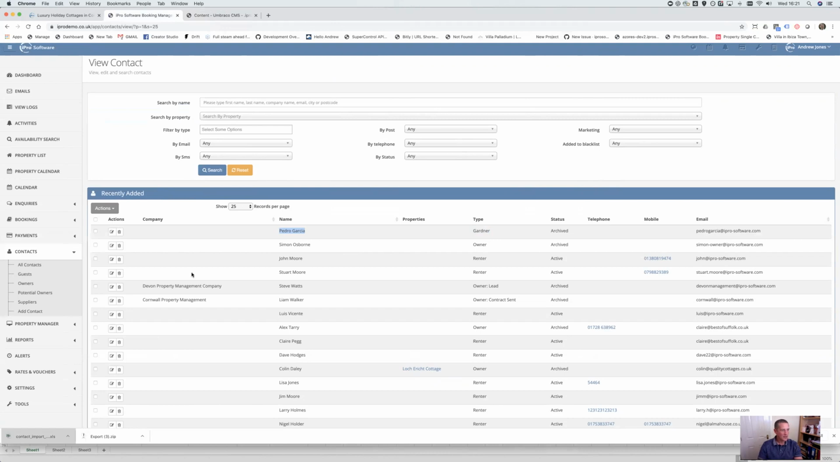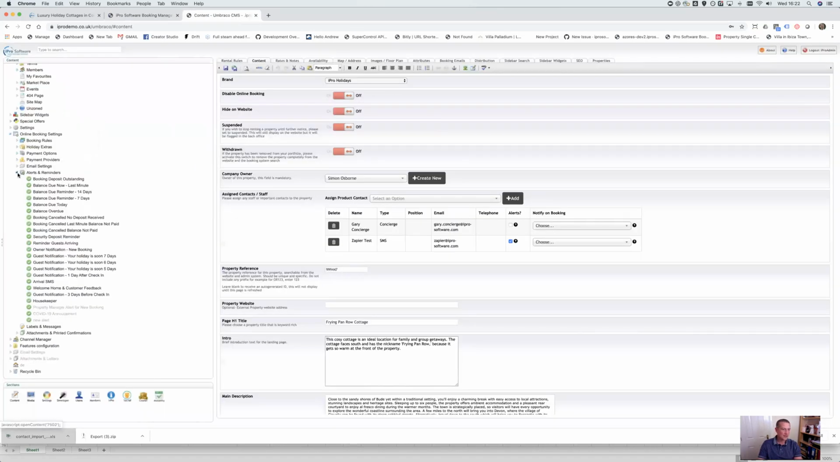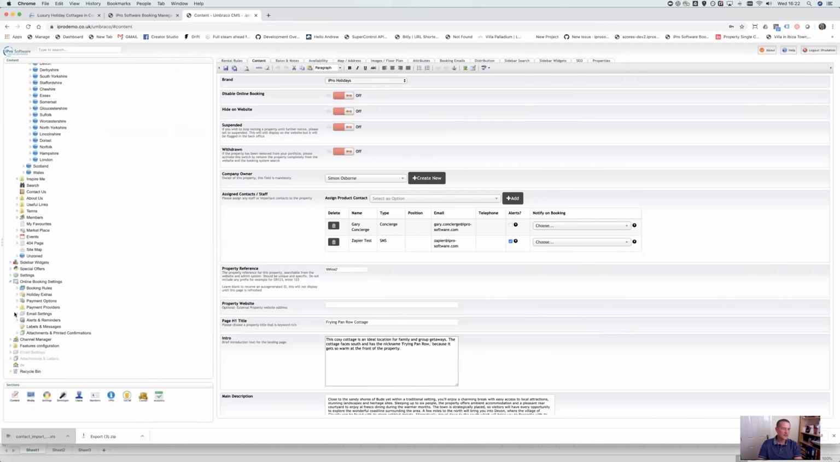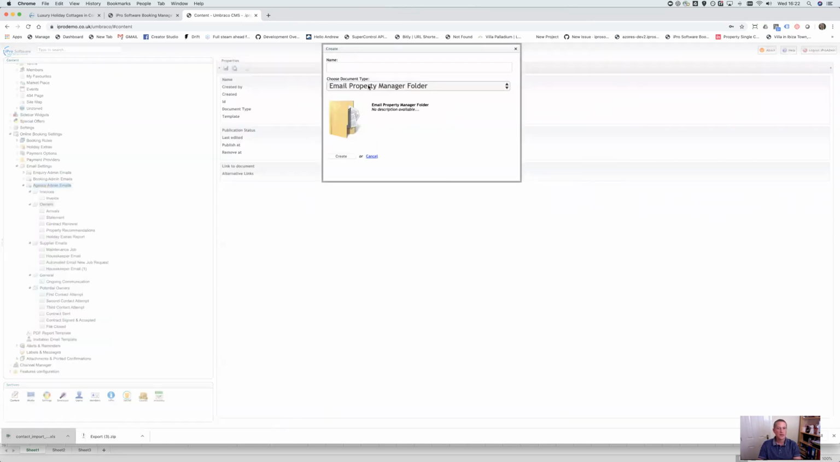And in terms of updating these emails, again, because it's right at the end of our training session, so right at the end of this month, agency admin emails, it may well be called management admin emails, which has been renamed on the latest version. Agency admin emails, you've got invoices, owners, supplier emails, general, potential owners, and you can create your own groups here as well. So if I create a new group,